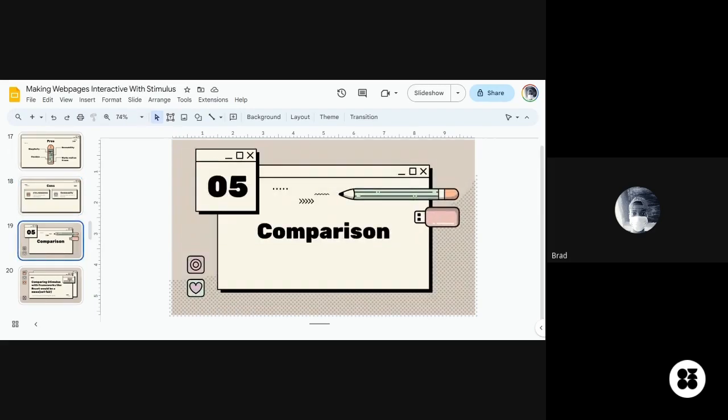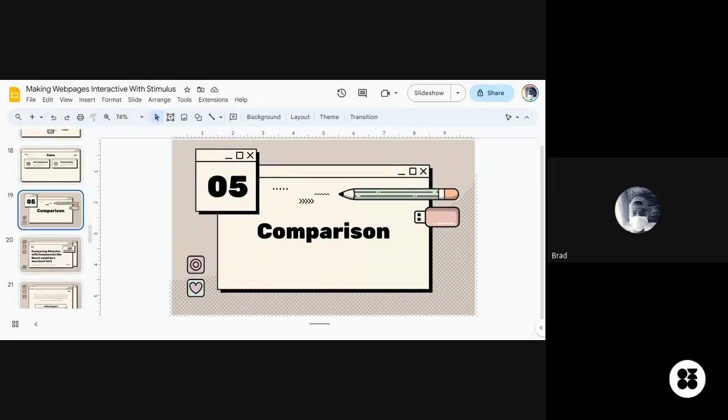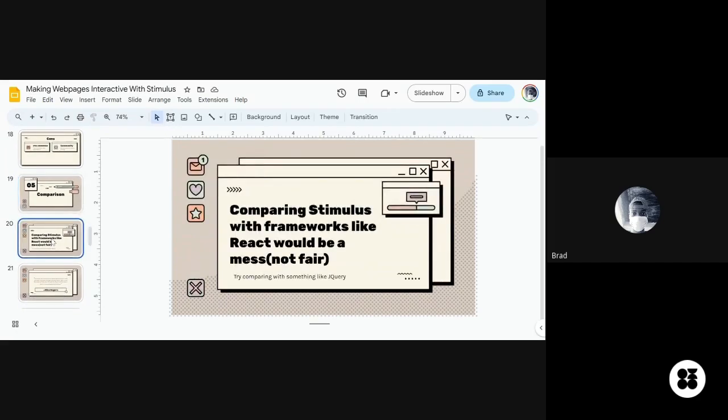So, comparison. Let's go to the next slide. What I wrote here is that comparison with frameworks like React would be a mess, not fair.